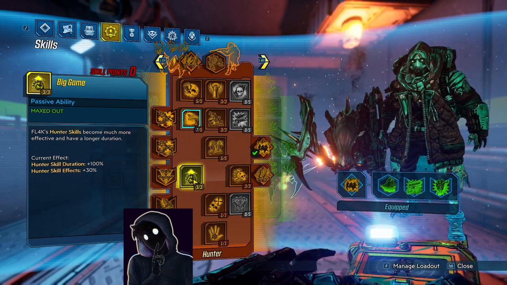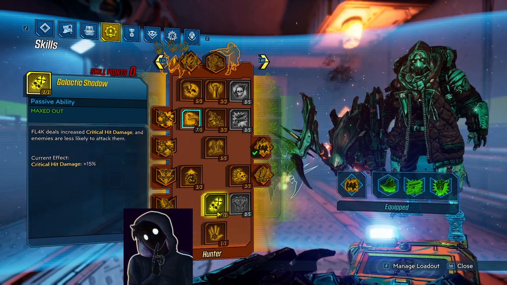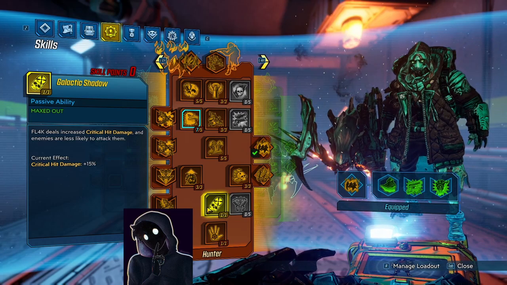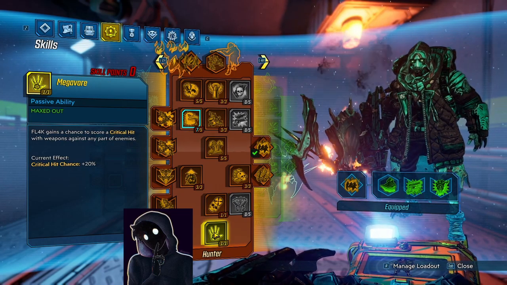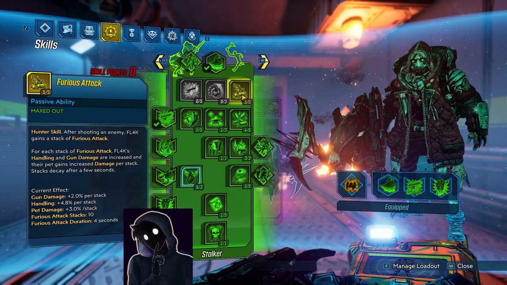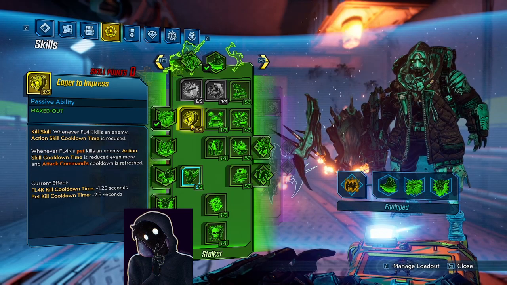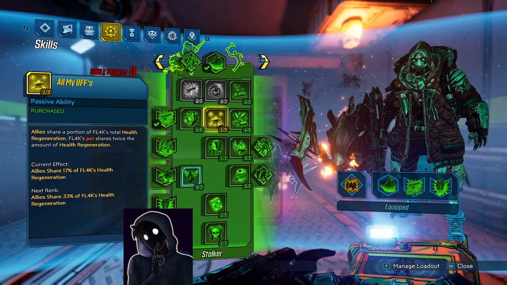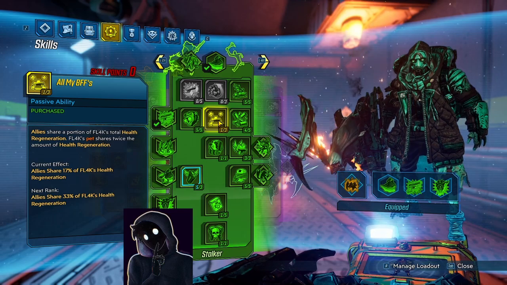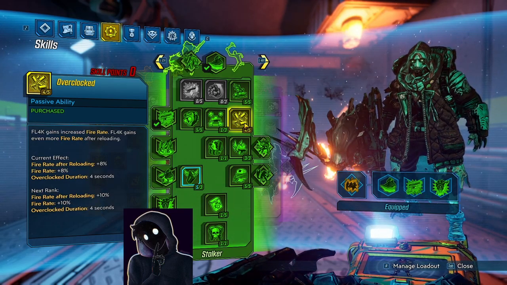3 in Big Game for the hunt skill duration and skill effects, 3 in Most Dangerous Game for the gun damage, 1 in Galactic Shadow for the critical hit damage, and 1 in Megavore for the critical hit chance. In Green Tree, we take 5 in Furious Attack for the extra gun damage, 5 in Eager to Impress for the action skill cooldown, 1 in All My BFFs for the health regeneration, 4 in Overclocked for the fire rate